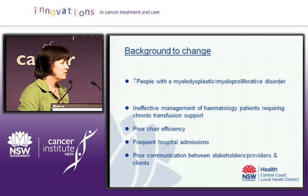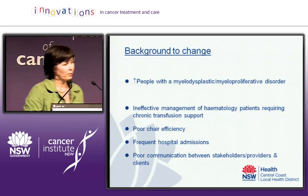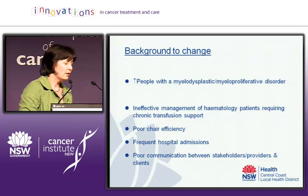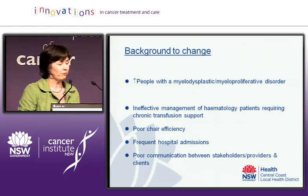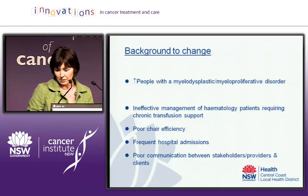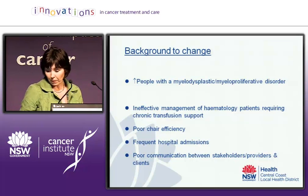So there were lots of people with fingers in the pies with managing this group of patients. They were managed by the haematologists and their secretaries and clinic staff, the nurses in the clinics, pathology were involved. So there's lots of bits and pieces and stakeholders in their care, but not really a centralised approach to managing them. And as a result, we were getting poor chair efficiency,